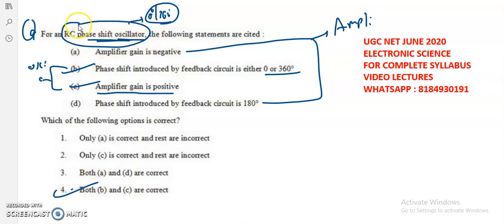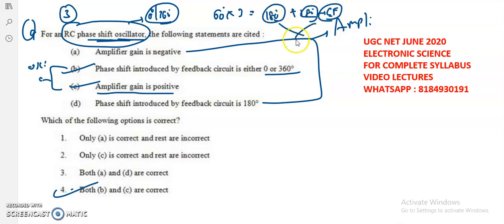And while coming to the RC phase shift oscillator, how many RC networks do we have? 3 RC networks, and all these 3 RC networks are connected in the feedback part, and each RC network will provide a 60 degree phase shift. So each RC network provides a 60 degree phase shift, and there are 3 RC networks. So 60 times 3, what is the total phase shift we are giving here? 180 degrees. So 180 degrees phase shift is given by the feedback part, or else the 3 RC phase shift networks, and the remaining 180 degrees phase shift is provided by the CE configuration of the transistor. Now 180 plus 180 equals 360. So it is the case of the RC phase shift oscillator. So it is a correct answer.